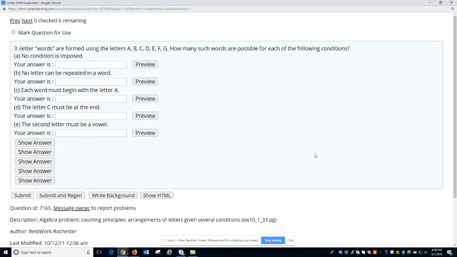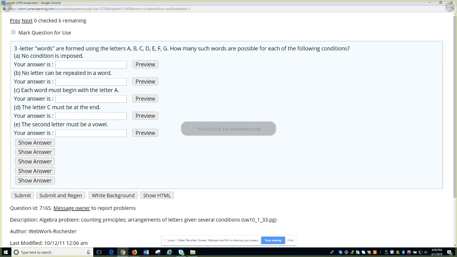Okay, so in this problem, we have to answer the following question. We have to figure out how many words are possible given the following conditions. So we're making a three-letter word using these letters only. In order to count within this kind of situation, we need to have two pieces